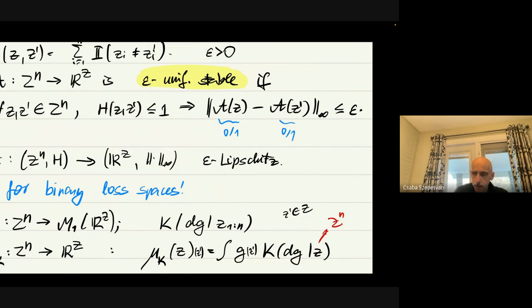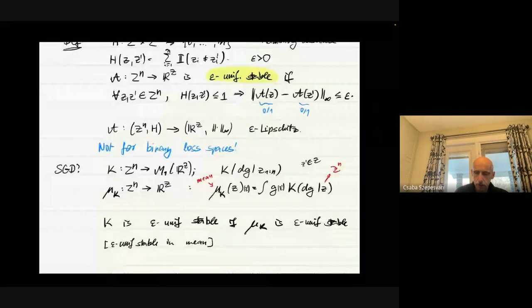So K chooses, given this n-tuple, the sample, a probability distribution over these functions. So you can integrate over this probability distribution of whatever value those functions take at whatever input z prime. And that gives you some expected value, expected loss, if you're randomly choosing according to K. And you can just give it a name. I call it mu of K. Mu stands for mean, so that's why I use mu. So this is the mean function associated with